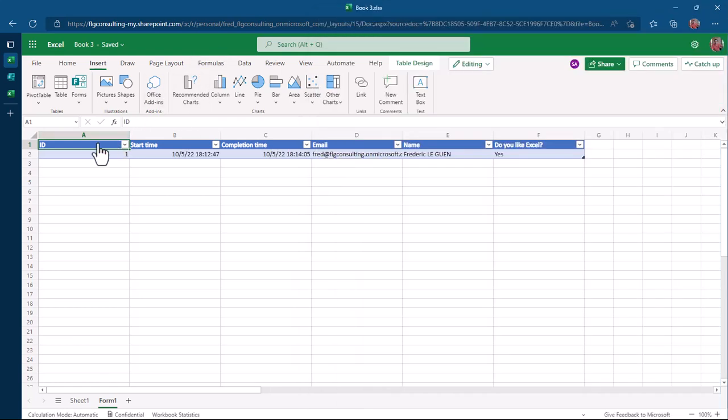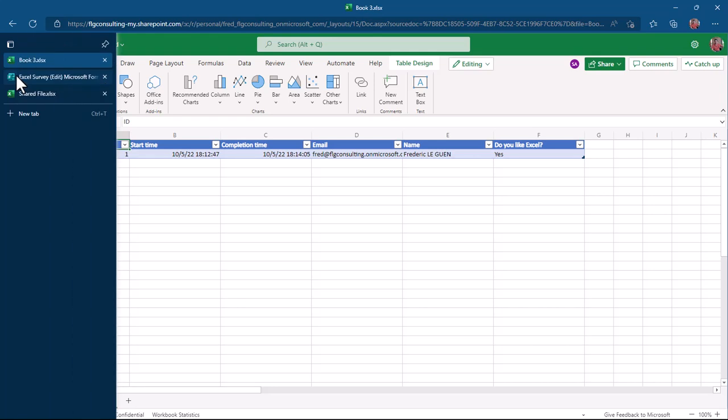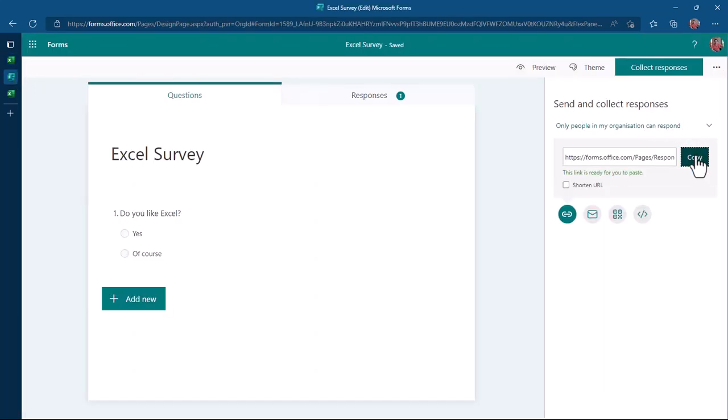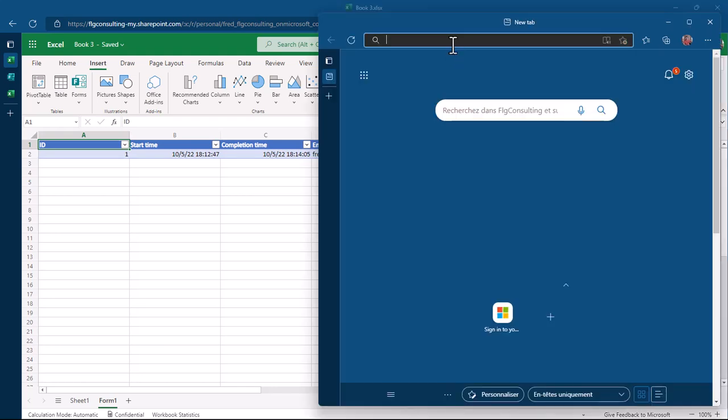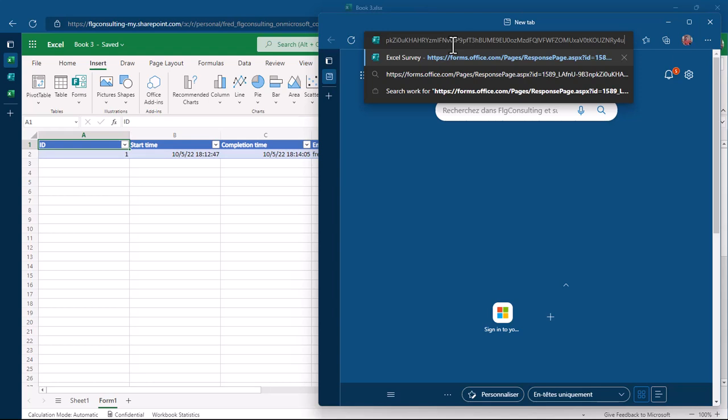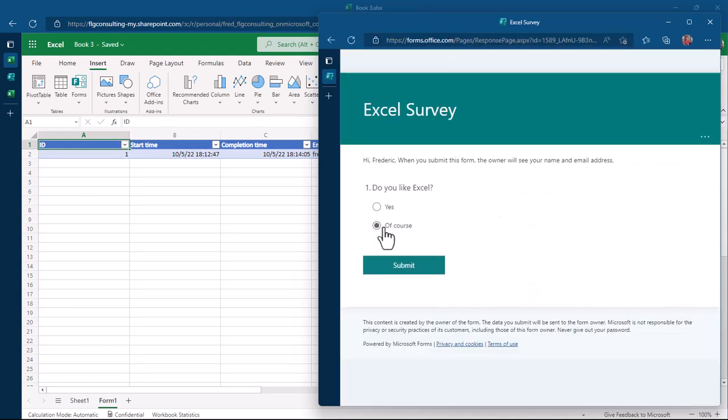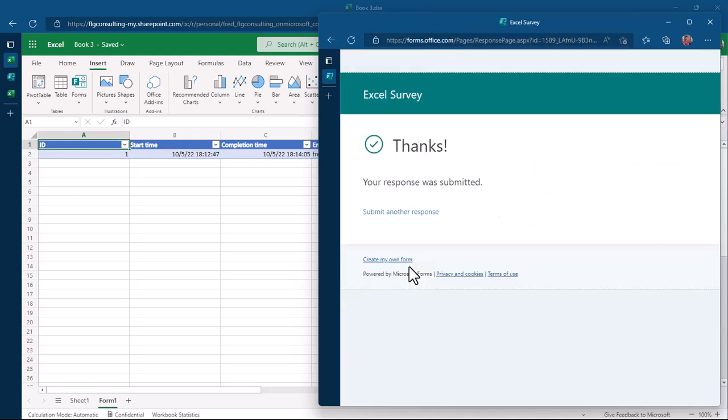And just 2 seconds later, automatically I have the answer. Okay? So I return here, I copy the link again, I return to the Excel window, and I reopen a new window in another browser. Like this. This time, of course, submit, and yeah, just a few seconds later,